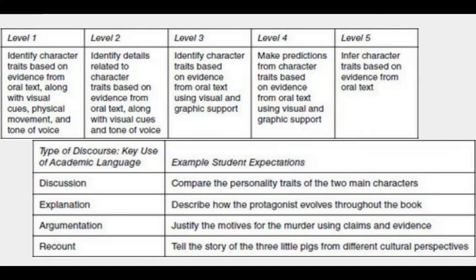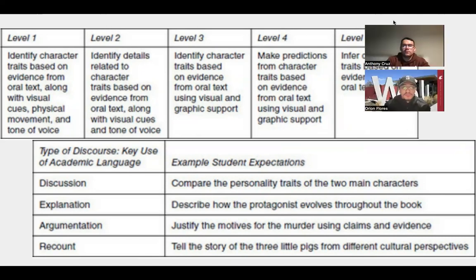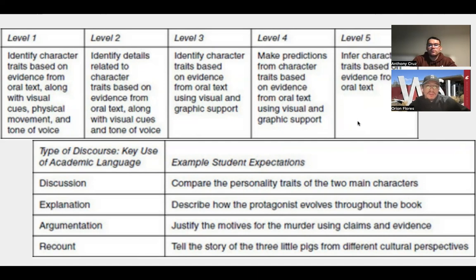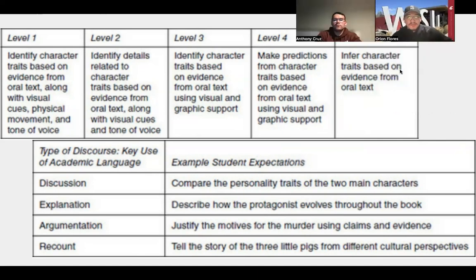So level 1 is identify character traits based on evidence from oral text, and then goes into identify details related to character traits based on evidence, identify character traits based on evidence from oral text and graphic support, and make predictions from character traits based on evidence and oral text, and then infer, I think that says, character traits based on evidence.